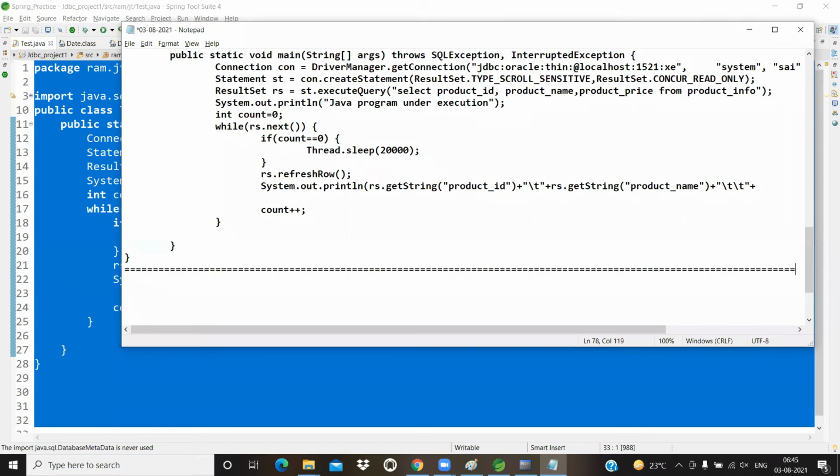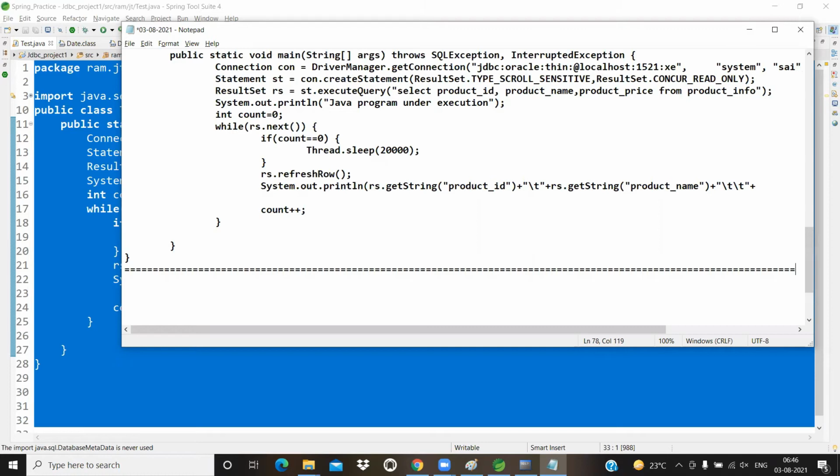And in the scrollable type, we have two types: one is sensitive, and the other is insensitive. What is the meaning of sensitive? After establishing the connection with the database and getting ready to read the data, in the meanwhile of reading the data from the database table, if any updation happens in the table, we can read those updations from the Java application with the support of result set sensitive.